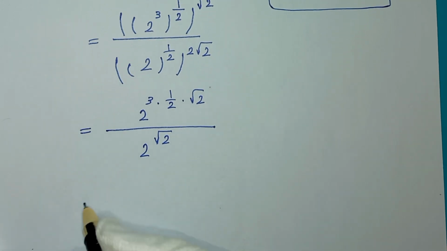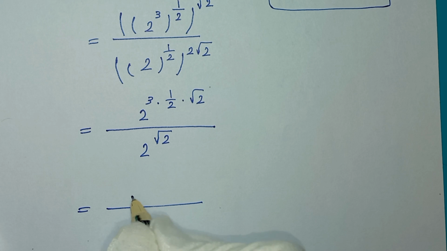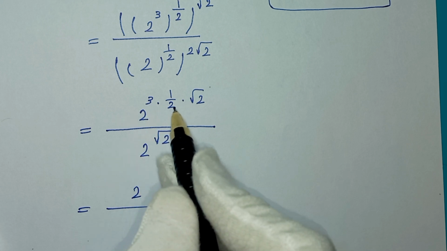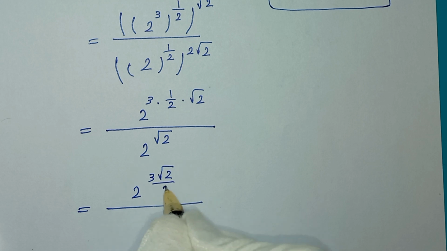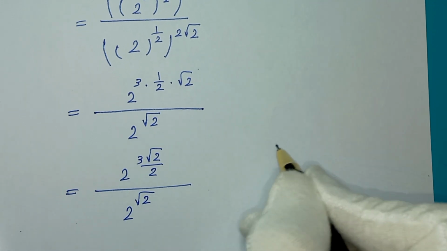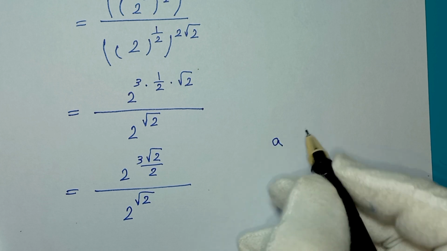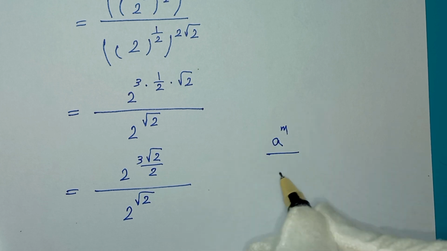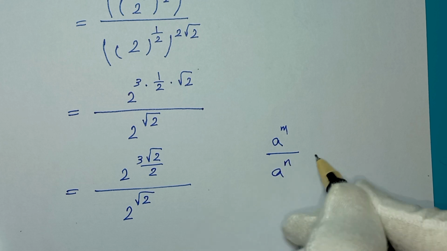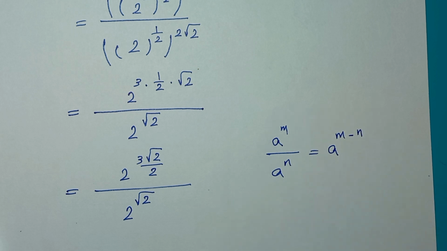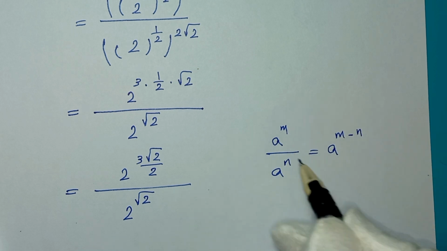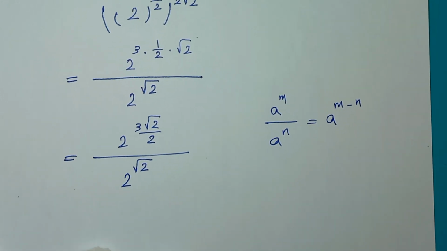And it will be 2, this times this times this, it will be 3 square root of 2 over 2, over 2 to the power of square root of 2. And if we have a to the power of m over a to the power of n, it will be a to the power of m minus n. We can subtract these powers, and it will be,